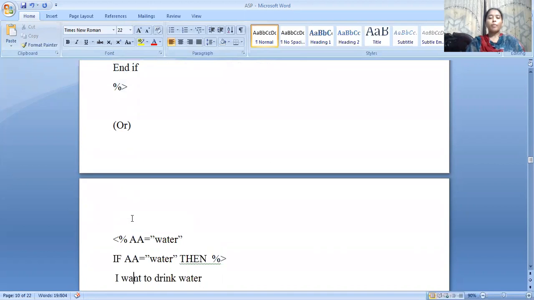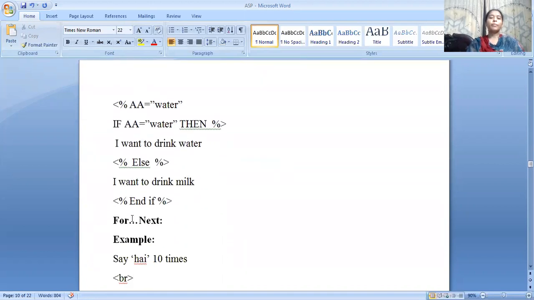Another way of declaring the if statement: now the value water is assigned to a variable AA. From here to here I am closing the parameterized entity. Instead of writing response dot write, I am deleting that and just printing I want to drink water.